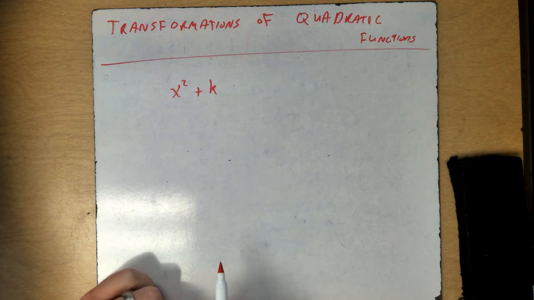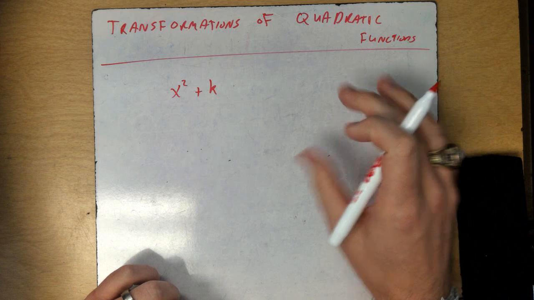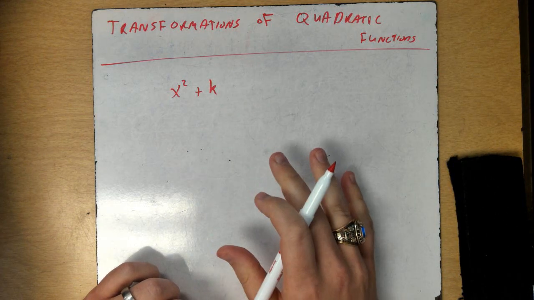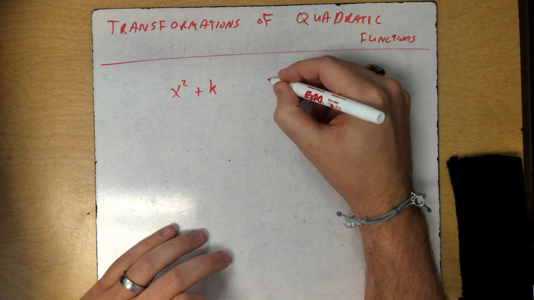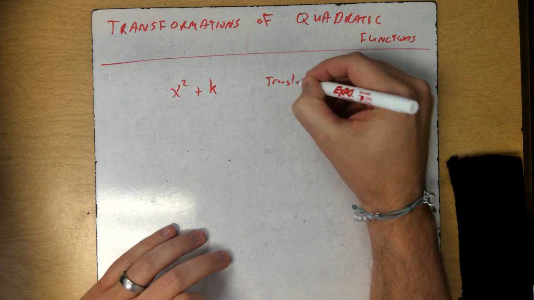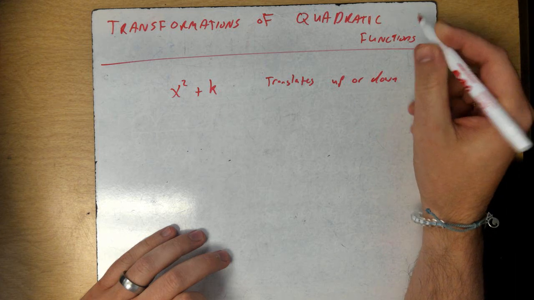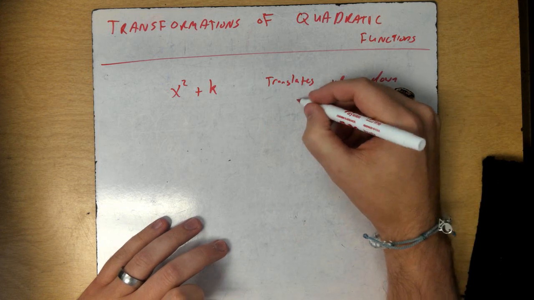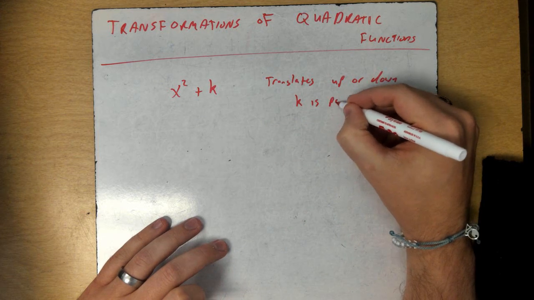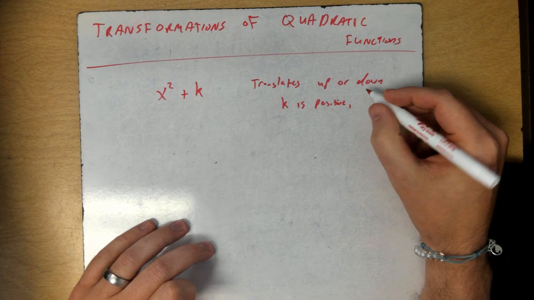plus k, okay? Now, when we add this plus k, what this means is we're moving this graph up and down on the graph. So what we're going to write is that it translates up or down. It's going to tell us which way it goes. Is it going to go up on the graph? Is it going to go down on the graph? So basically, if k is positive, then the graph